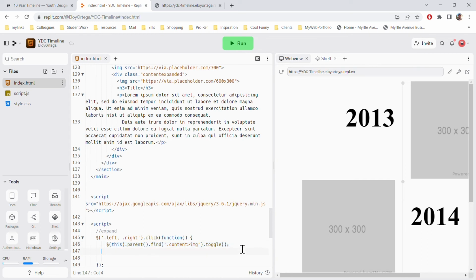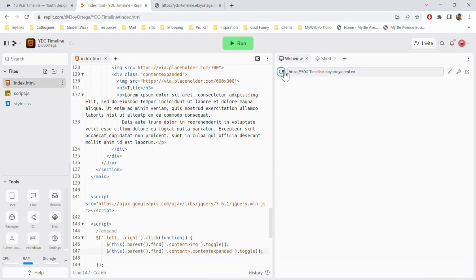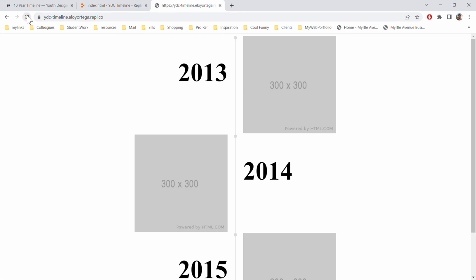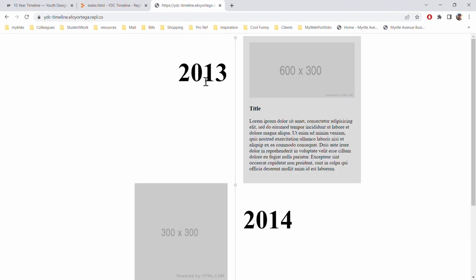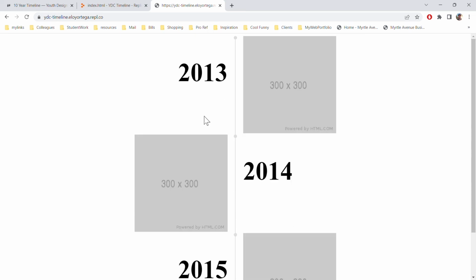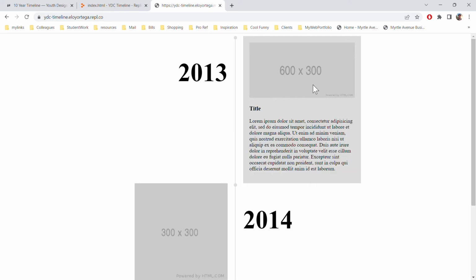And then let's do the same thing for that expanded content. Right, we want to toggle that too. So I'm going to refresh over here. Well, actually, I should refresh over here. And if I click on this, that's what we got, right? So the image hides and the expanded content shows. If I click over here, it still works. That collapses that one. That collapses that one. So on and so forth. Okay, cool. So that's the main functionality for an interactive